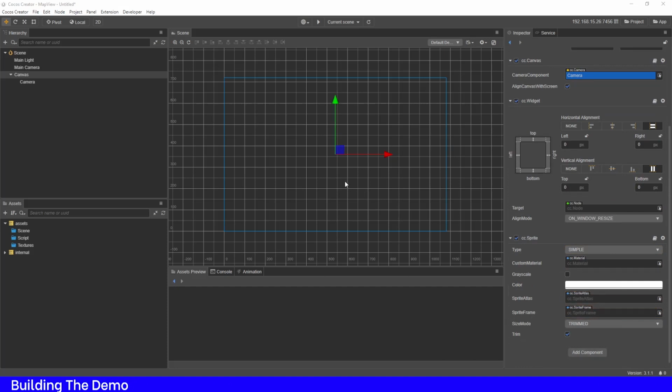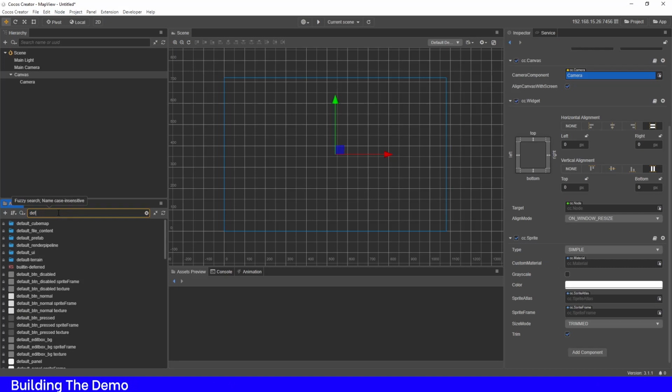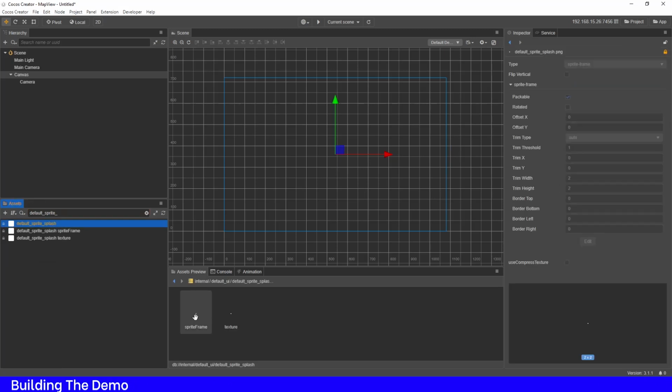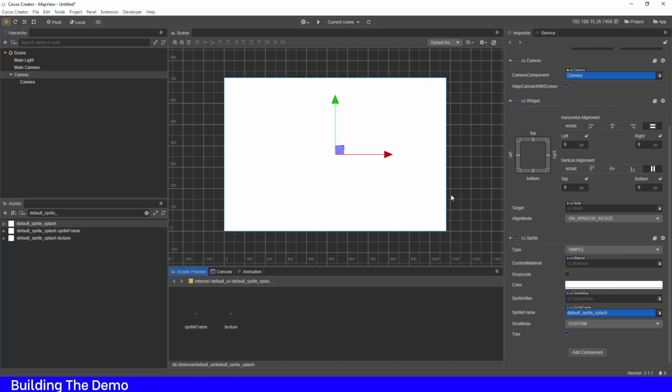I don't have a sprite frame with me right here, but don't worry. If we go into the internals, we actually have a couple of default items that you can choose to help you set up your game. I want to look for one that I really like, which is the default sprite splash. This is just a little 2D, 2x2 sprite image, a little 2x2 dot. And why I like this is because if I go back into the canvas and into the sprite frame, I can drop this in and it will stretch itself to the full